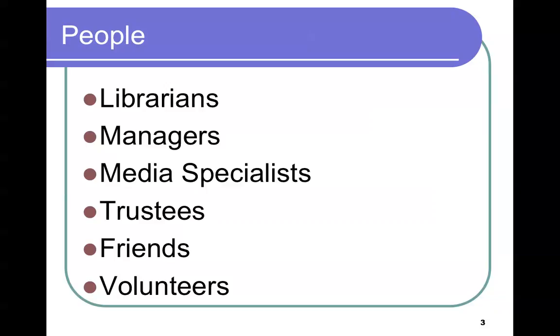Friends are the people who make donations to the library and support the library. It's also important to make a connection with them because of fundraising, which is one of the lectures down the road in this class. We need to keep in touch with our friends,